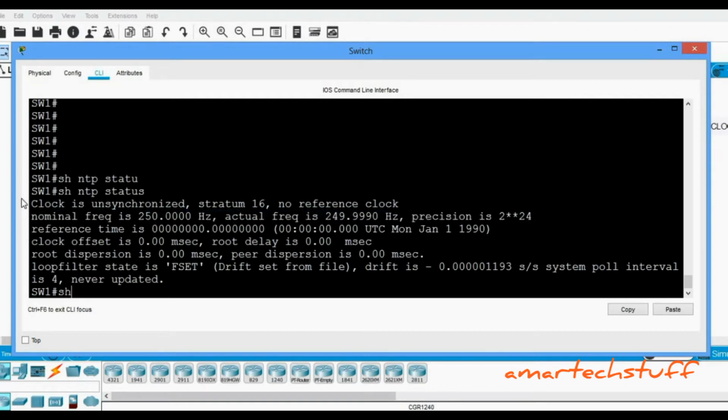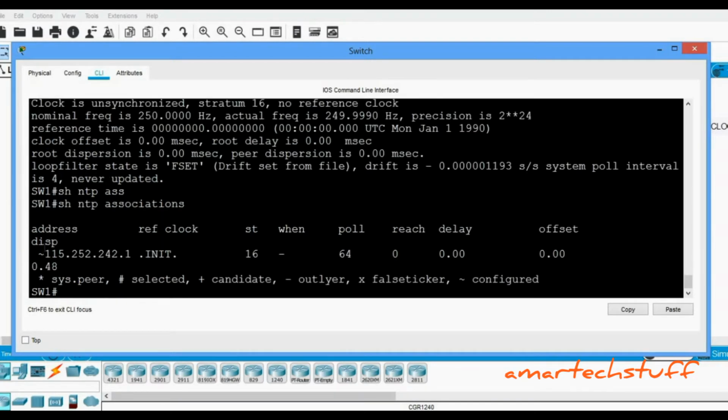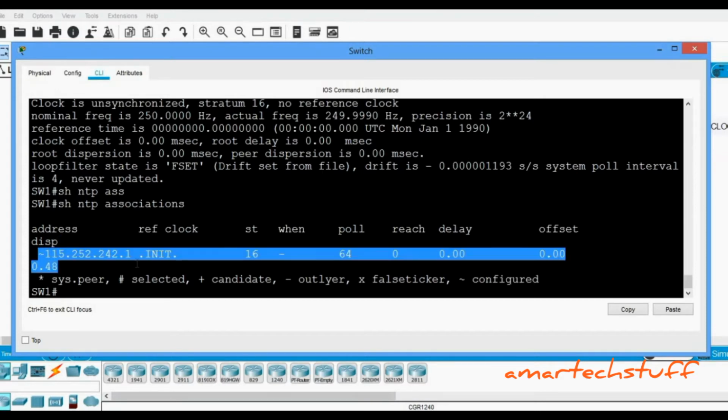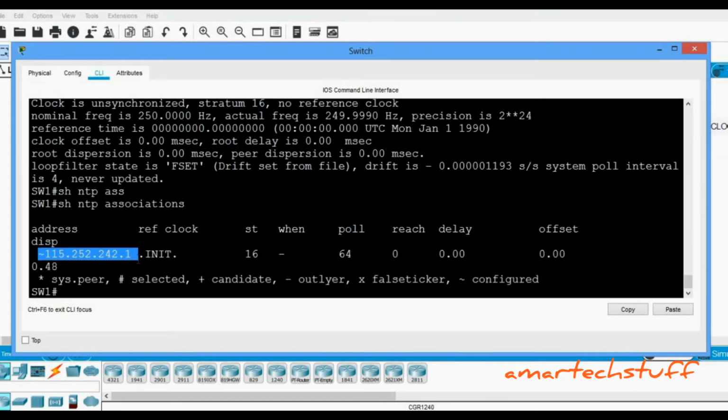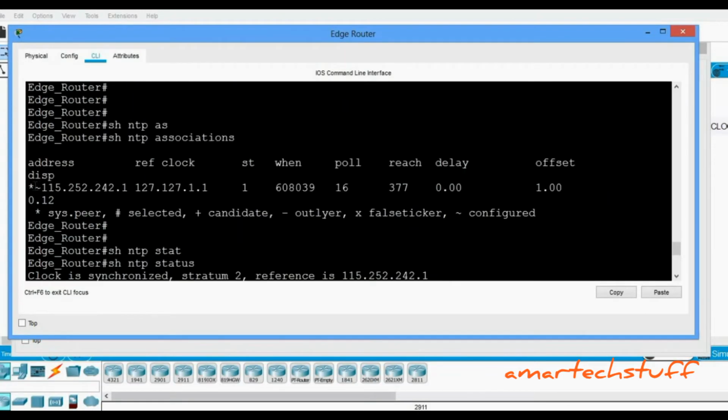Also show ntp associations. You can see here this IP, 115.252.242.1, is configured, but it is not getting synced. There is no star. On this router, which I gave this command on earlier, you can see the star is there, which means it is getting synced with this particular server.